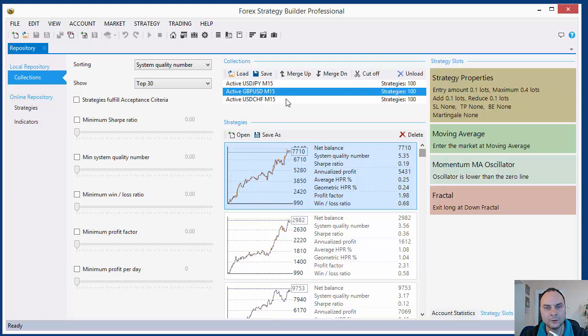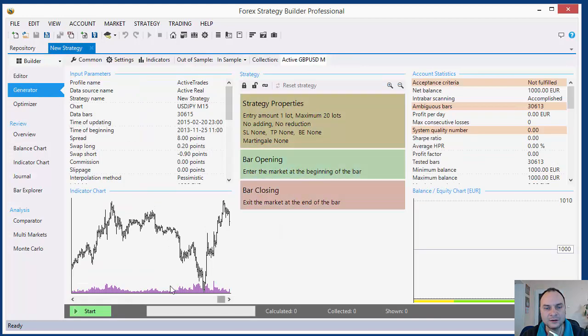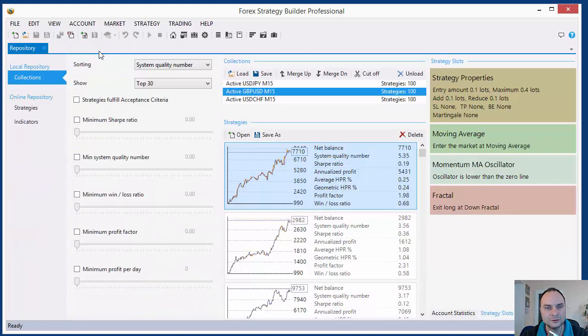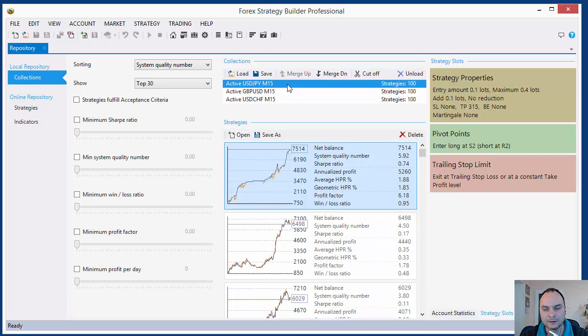If you want to see how we generated these collections, please see the previous episodes. When the generator is running, it pushes strategies in a collection. I set the collection name in the generator, like that. We set here the name of the collection, and when you start the generator, it pushes the strategy in that collection. So I already have these collections. A collection contains maximum up to 100 strategies. I used this USD JPY in the previous episode, and